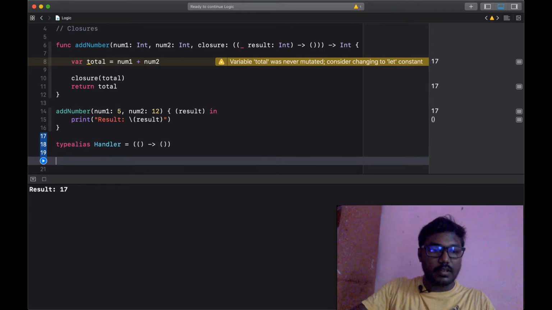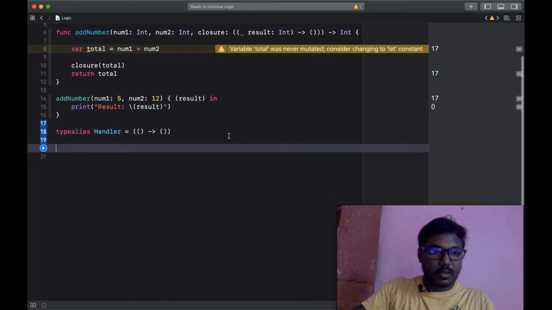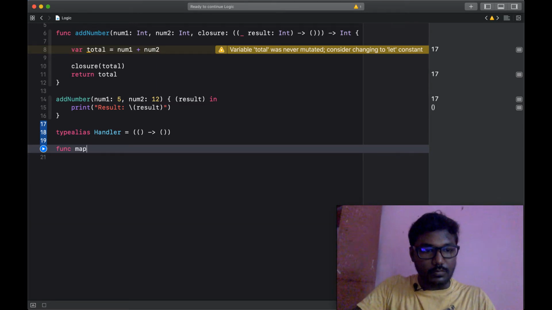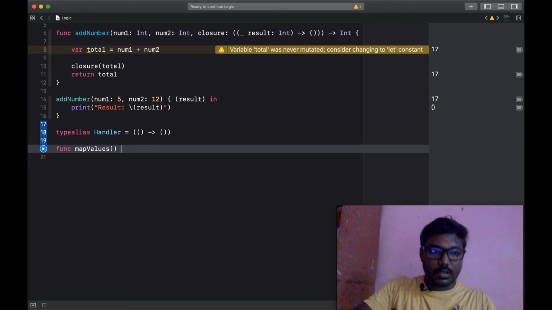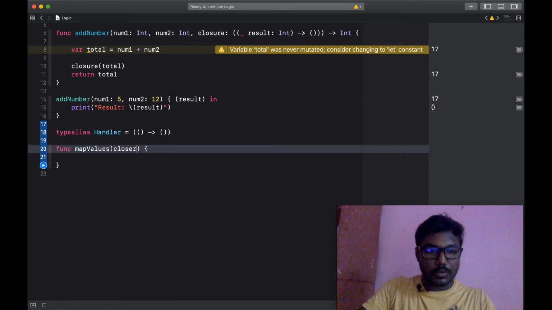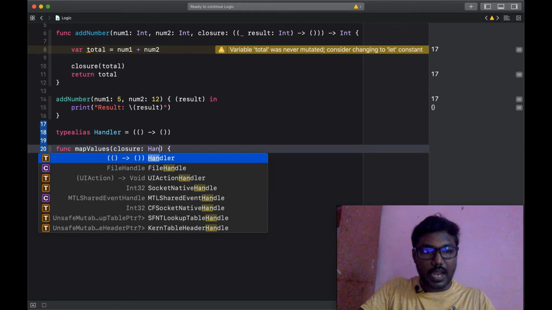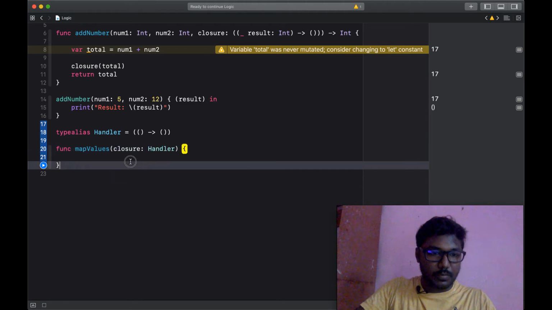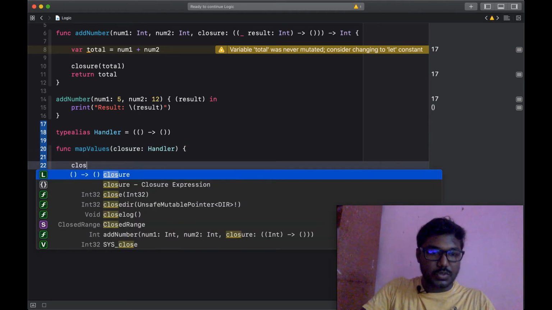Here I am going to create a function like mapValues, and I am setting the closure function. Instead of that closure, like a handler, I am passing the type alias type, and I am setting the closure.